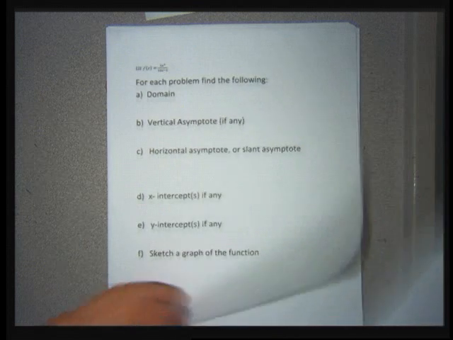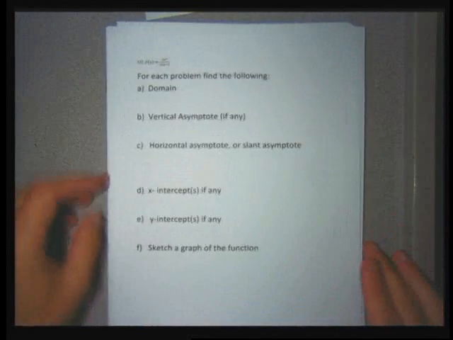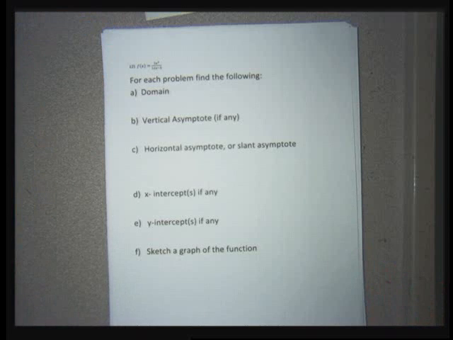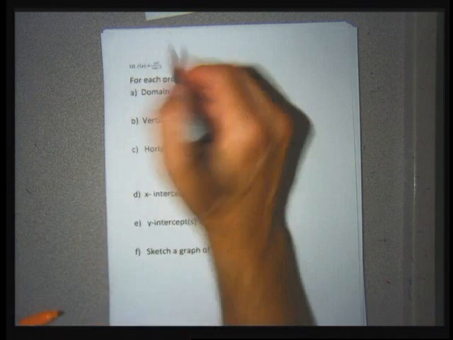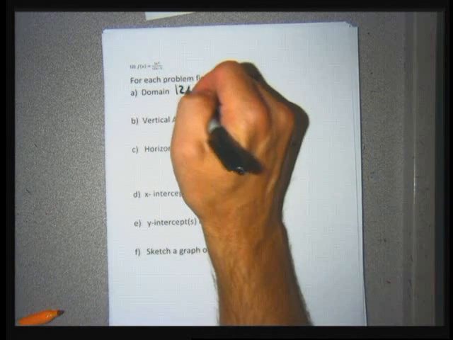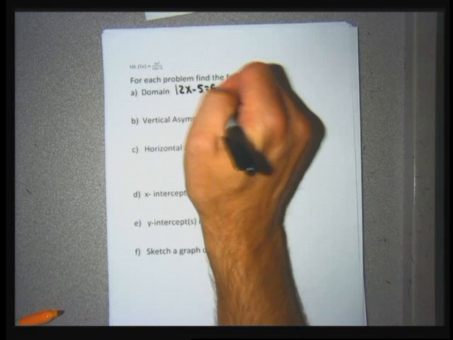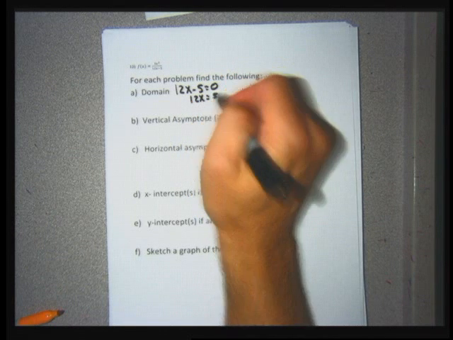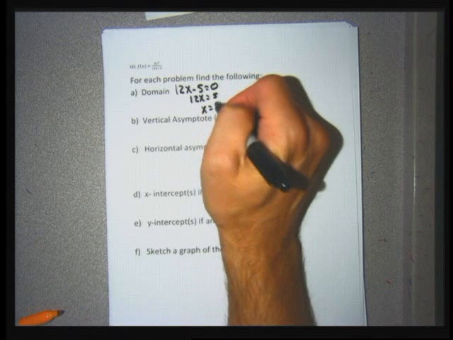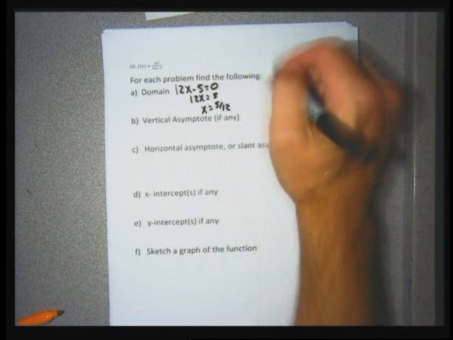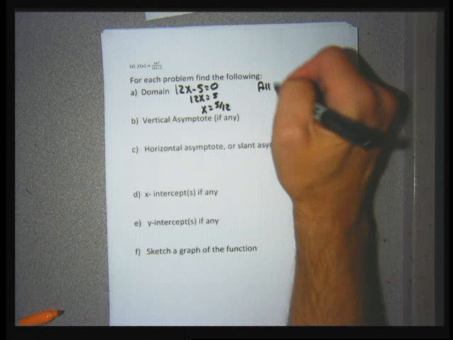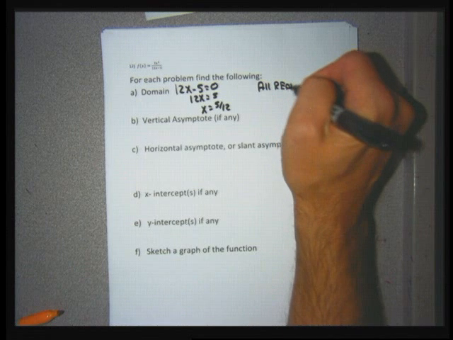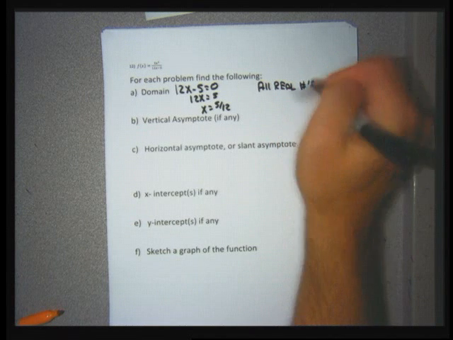I'm content with that. This is another slant asymptote problem, but it's not as bad because it's a fraction slant asymptote, and those seem to fit better. So for the domain, it's going to be bad. Take the denominator, 12x minus 5, set it equal to 0. Add 5 to both sides, get 12x equal to 5. Divide by 12, I get x equal to 5/12. The domain is going to be all real numbers, except